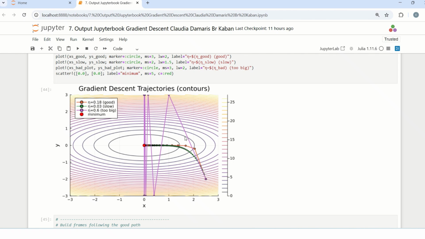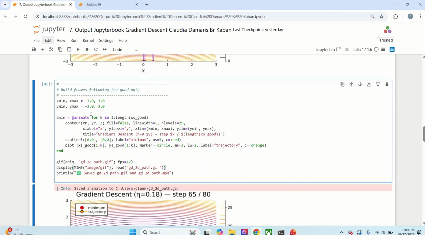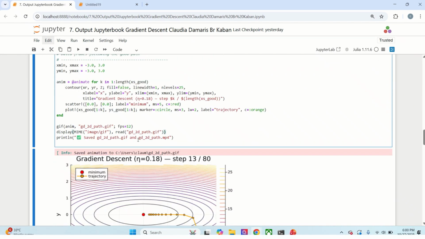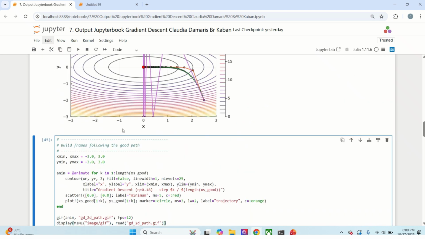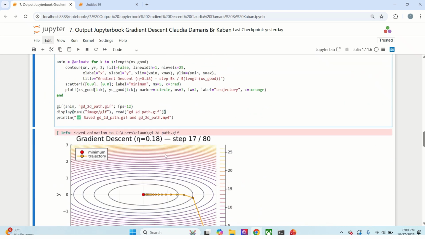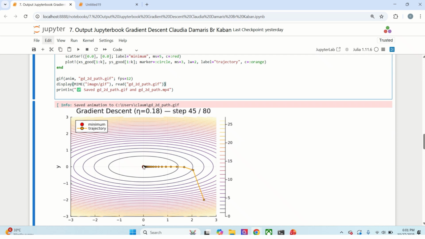line. And for visibility, I pinned this contour map to -3 and 3, so that's the maximum oscillation that we can see here, but in reality this oscillates beyond 3 and -3. Here we can see the animation of the best learning rate, which is 0.18, and we can see that it finally reached the minimum point,